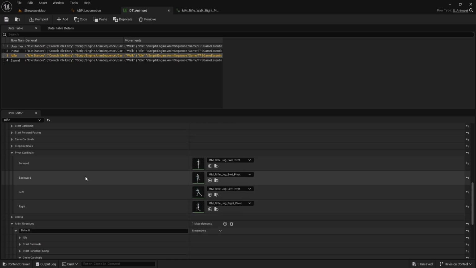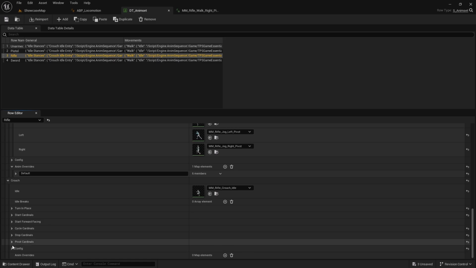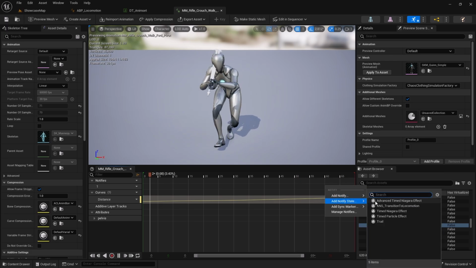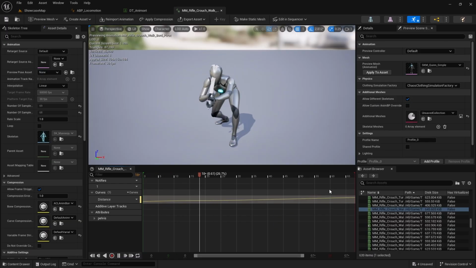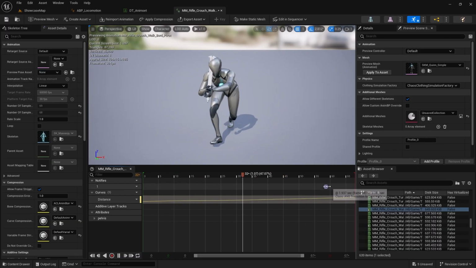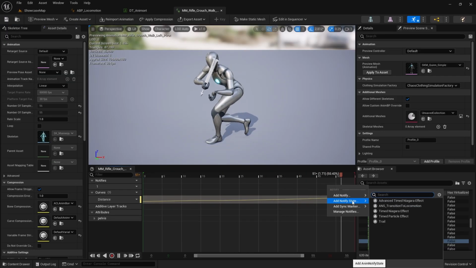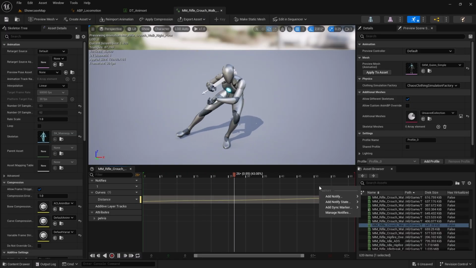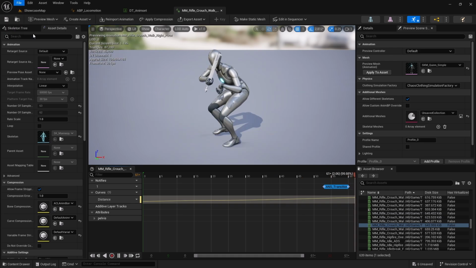Right, and then let's add for crouch as well. Crouch, crouch pivot, forward, backward, left, and right. Okay,